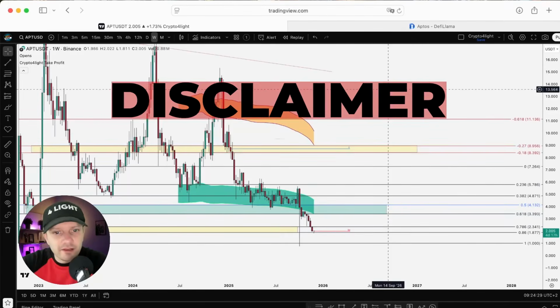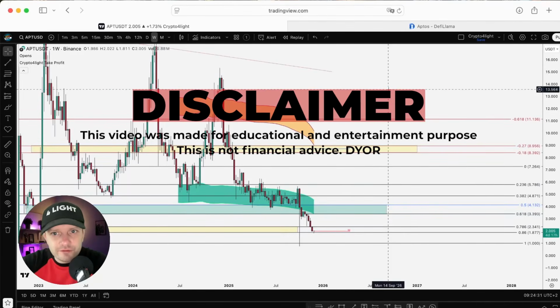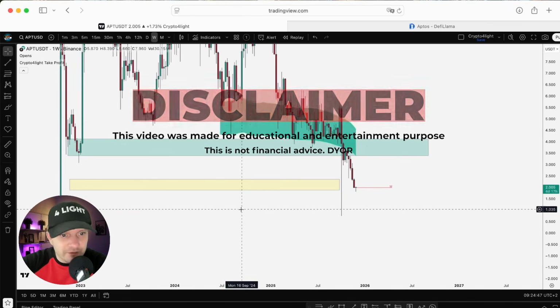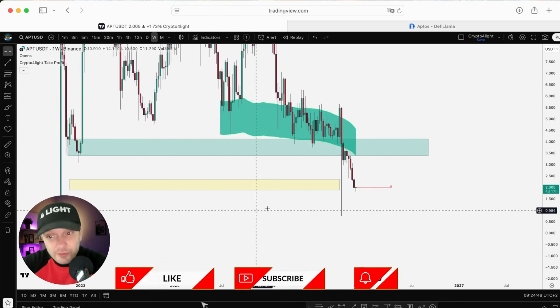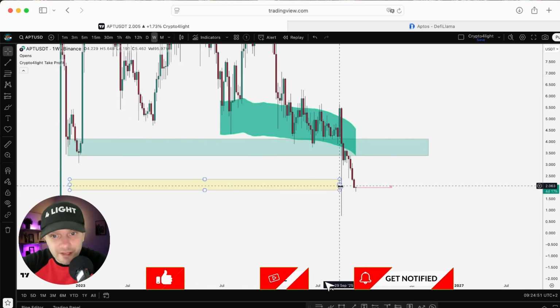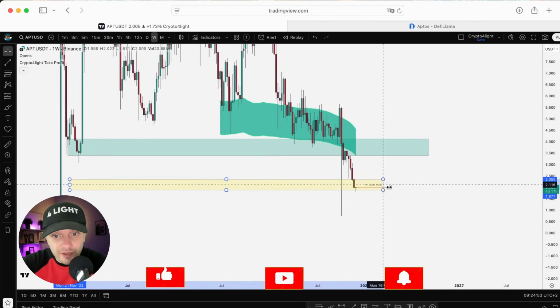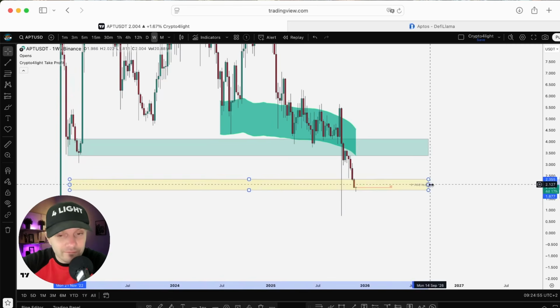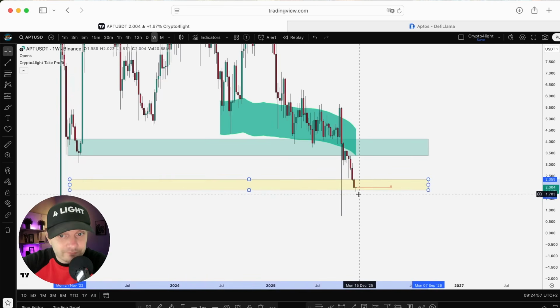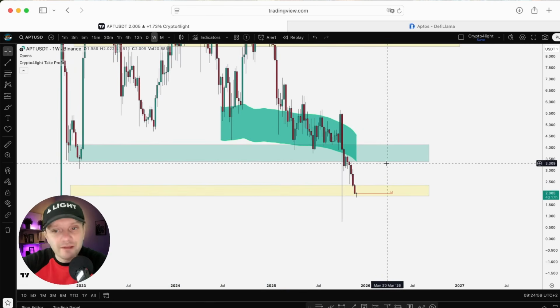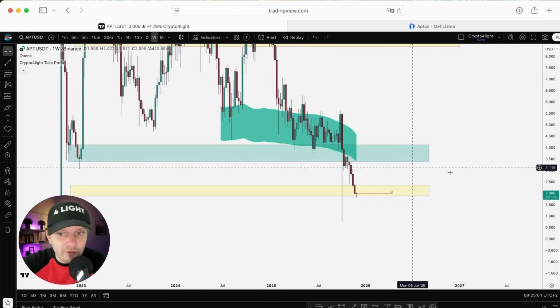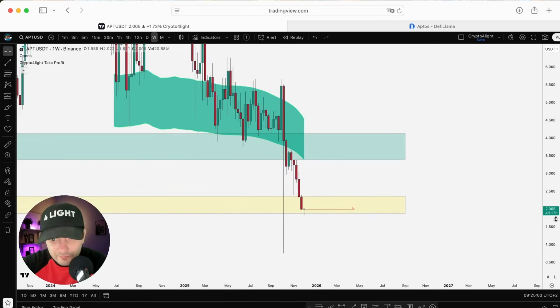Let's double check the updates for the Aptos USDT trading pair with my custom indicator set. On Binance, we swept the listing price. So technically we can say the model is invalidated, right? That's why this block is still in play like support. And this one can be the next zone of fixation, some profit.